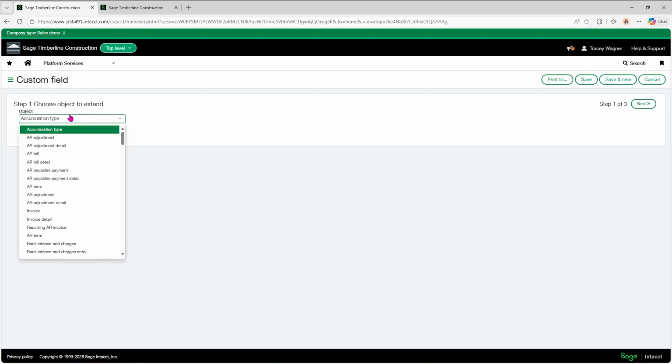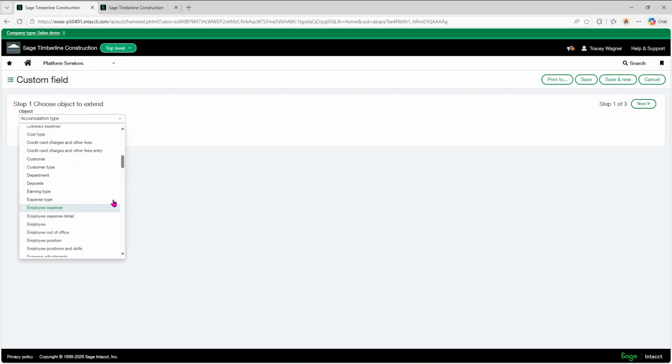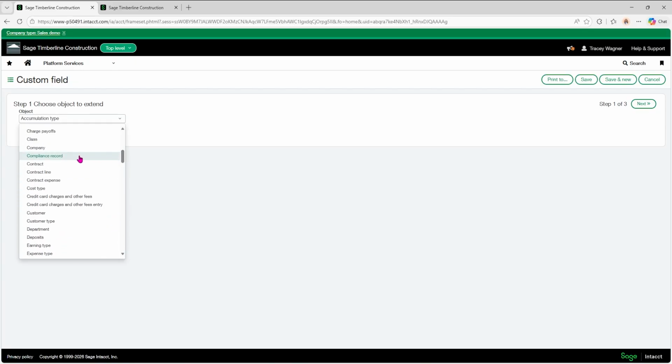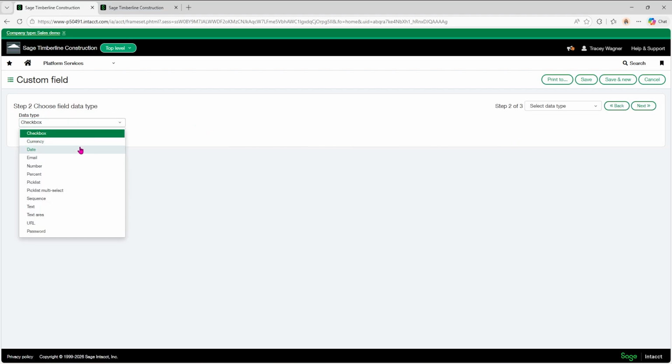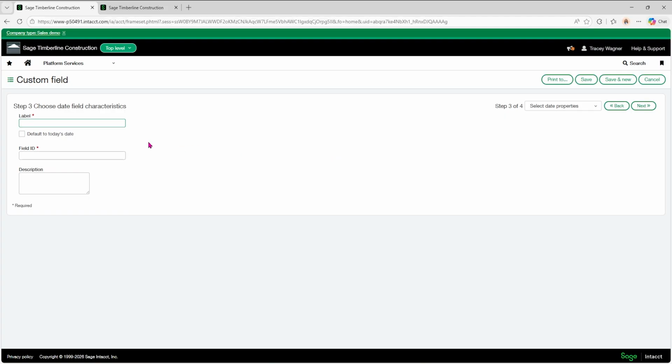Your object is going to be compliance. Let's find compliance record. And we're going to do a date. We're going to call this umbrella expiration date.